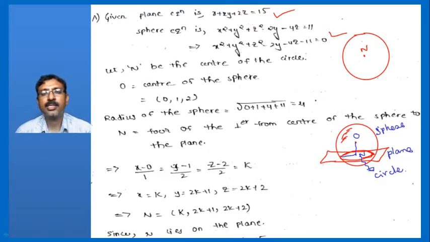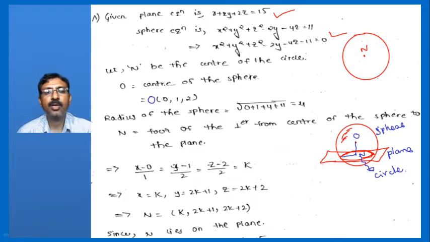So we have discussed in previous classes that O is the center of the sphere, and its foot of the perpendicular on the plane is N. So N is the foot of the perpendicular of O. Before that, I write the